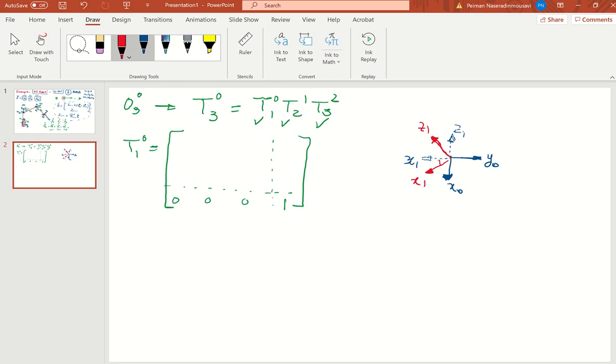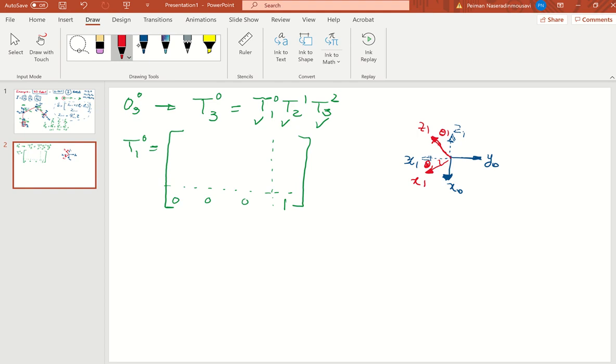For which angle? For this angle, theta 1 and theta 1. Let me write it. Theta 1 and theta 1. So now, based on the directional cosines that I taught you,